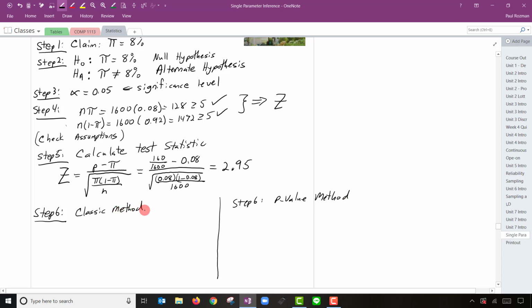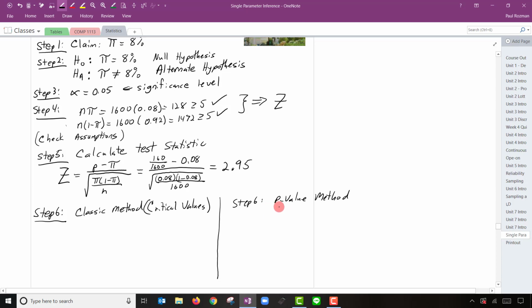The classic method involves critical values, just like we had from confidence intervals. So the classic method, when you're first learning this, is trying to show us the link between confidence intervals and hypothesis testing. Now, in real life, most